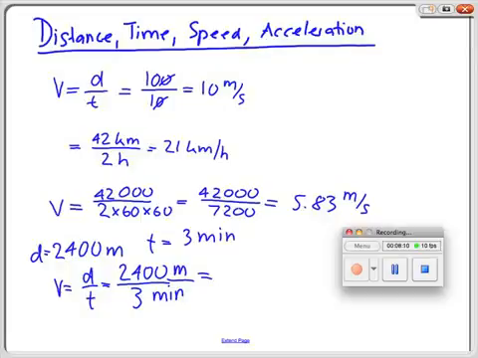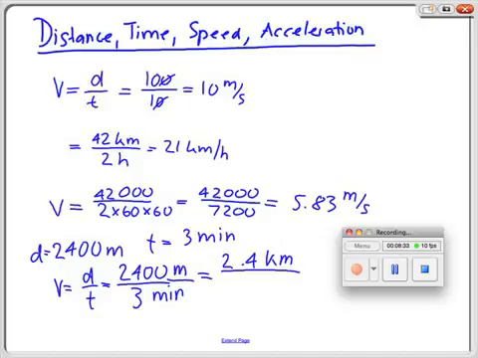I need to divide the 2,400 meters by 1,000 because there's 1,000 meters in 1 kilometer, and I want to go from meters to kilometers. So if I do this on my calculator, I get 2.4 kilometers in 2,400 meters,